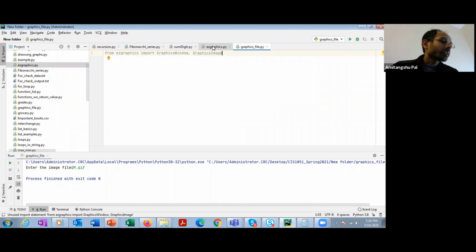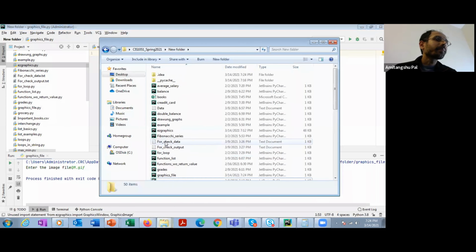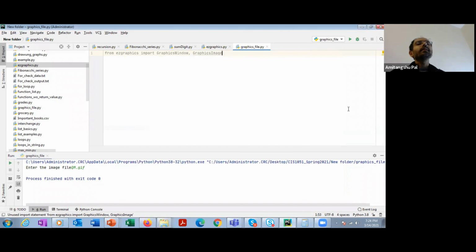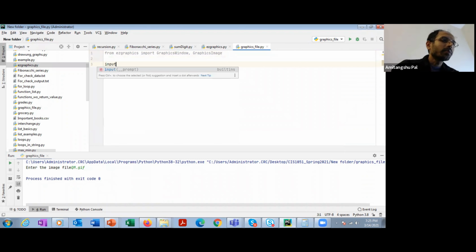Now let's use these two functions to first display one of the GIF files in an image format. Let's assume that I want to display any one of these GIF files in the image format. So let's write a program that is going to ask the user which image file he wants to see, and then based on the input it is going to display that image. So let's first take an input from the user.